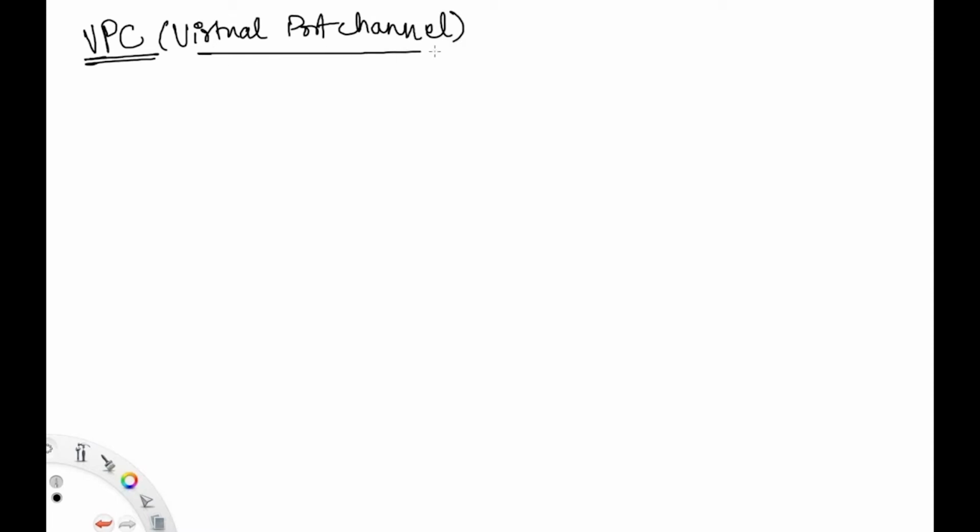Today's topic is on VPC. VPC stands for Virtual Port Channel. So, what is Virtual Port Channel? This is actually a layer 2 Nexus technology where, when you configure VPC between two Nexus switches, so let's assume